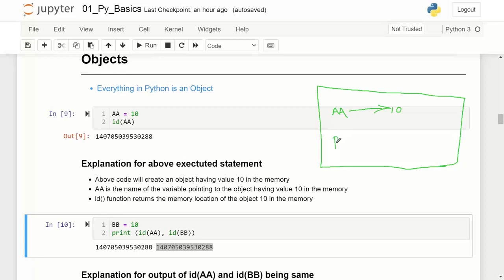When you are now running another syntax, BB equal to 10, in Python everything is an object. Even the value 10 is actually stored as an object of type integer. So 10 is an object of type integer. When you run the code BB equal to 10,